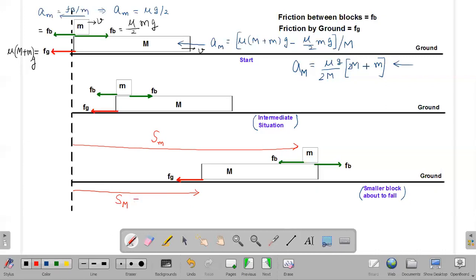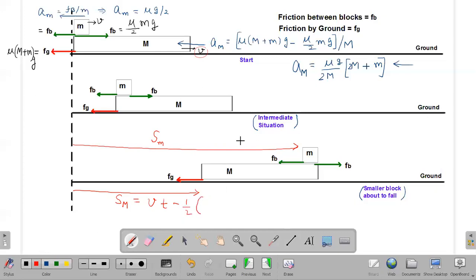And you can write it by the second equation, which is S equal to ut plus half at square. Notice both the blocks were having initial velocity of v, so I can write out v into t plus half at square. But since the blocks are accelerated towards left side, which is opposite to the velocity, we will consider these as negative accelerations. So therefore, I will write minus half,